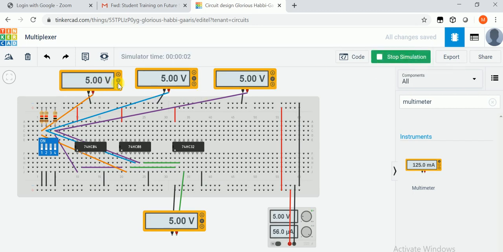First, make the selection line 0. Let's switch off this. All the data is 0: I0 is 0 and I1 is 0. Let's change. I0 is 0 and I1 is 1, and the selection line is 1.